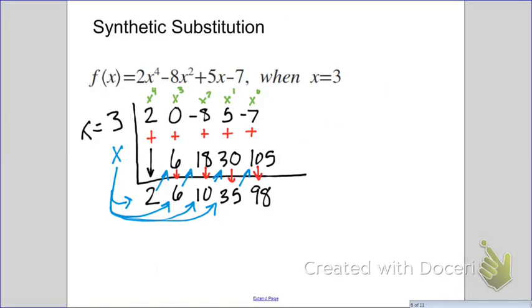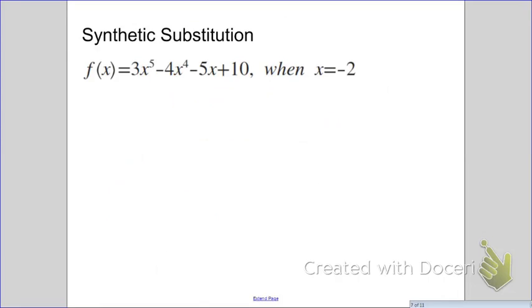So that answer at the very end, 98, is your actual answer. When you plug in 3 into the function, into the polynomial, you actually get 98. This is your answer. Let's try that one more time. So again, we draw that boxy looking thing. We put what x is equal to over here,